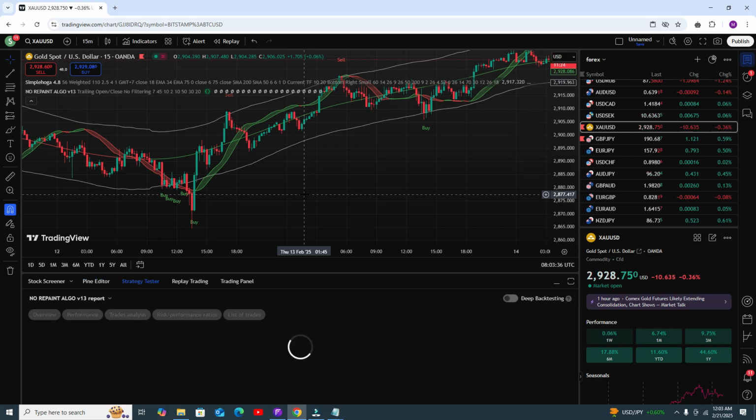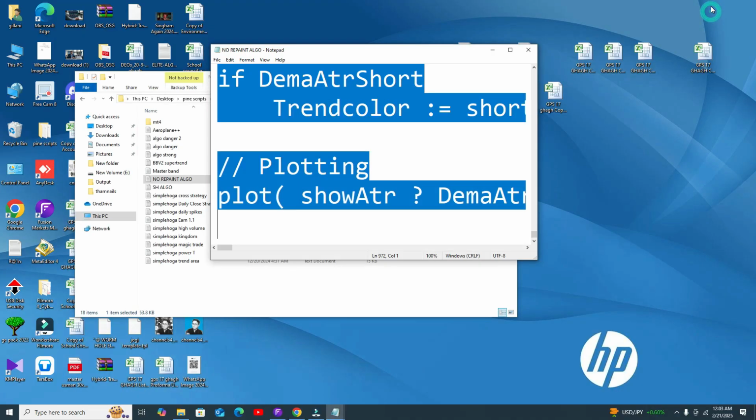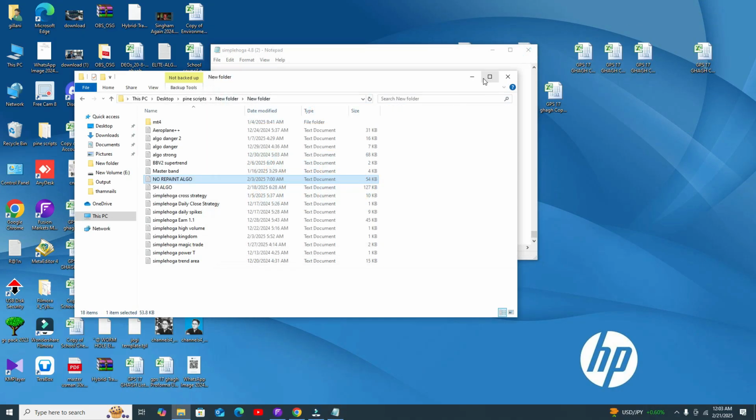Your indicator will be added, and you will see the results. You can see your account will never be in loss. You will get consistent profit all the time, and you can see 76%, around 80% accuracy. If you combine two indicators, you are getting around 100% accuracy. Okay, around.